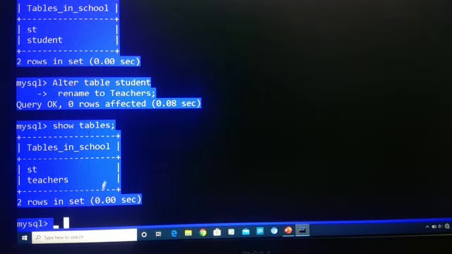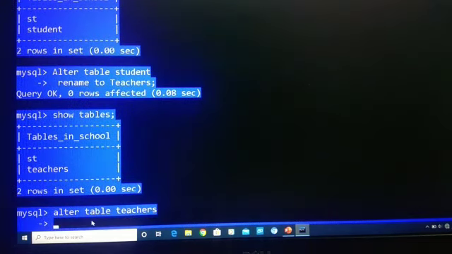Okay, again let's change teachers back to student. So we will write alter table teachers rename to student.